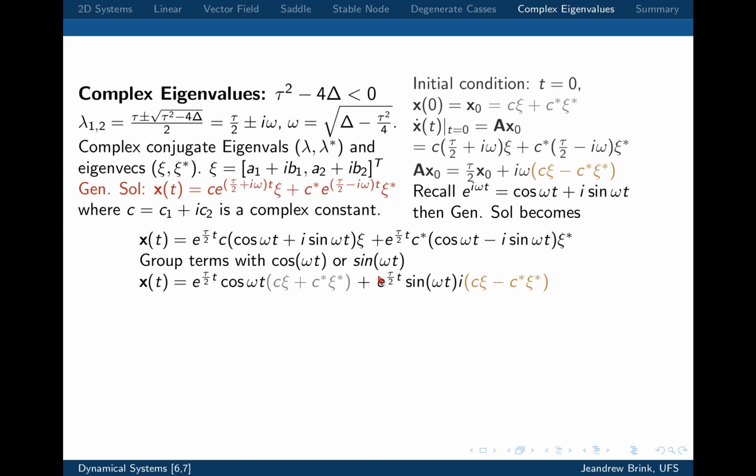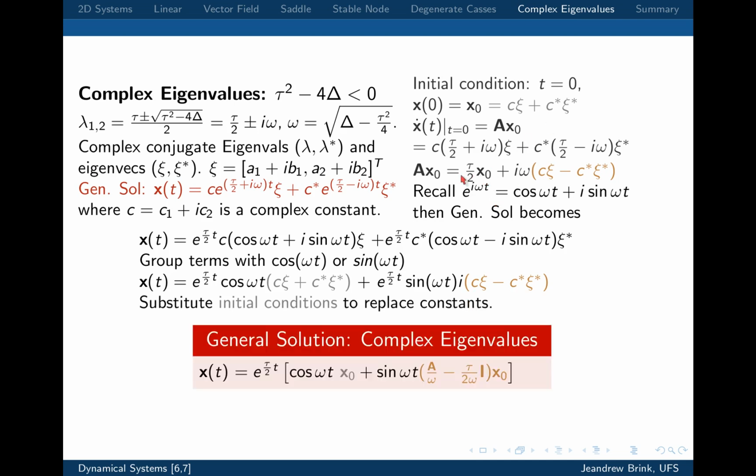And over here, I'm going to do the same thing for the sine omega t term. I take out this e to the tau over 2 t sine omega t plus i times this thing, which I can use the second equation to relate to the initial conditions. And that is simply A x0 minus tau over 2 x0, divided by i omega, but you've got an i over there, so the i cancels. And when you do that, you get that the general solution, if you have complex eigenvalues, is